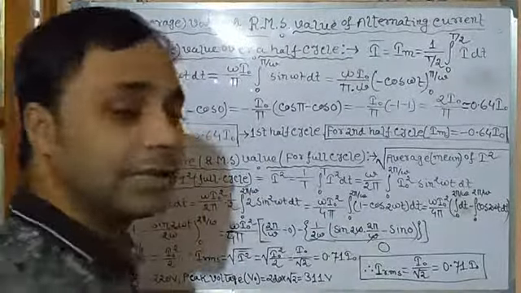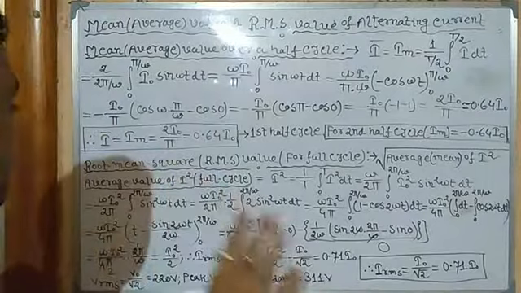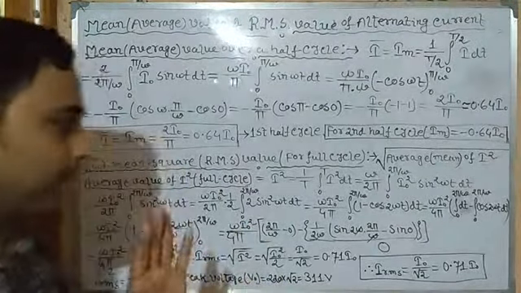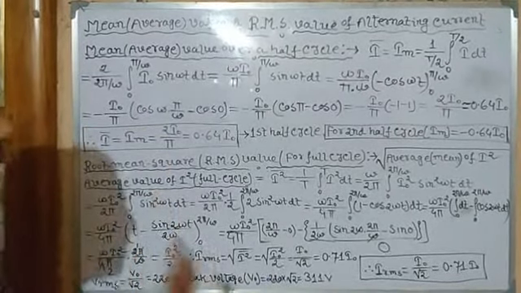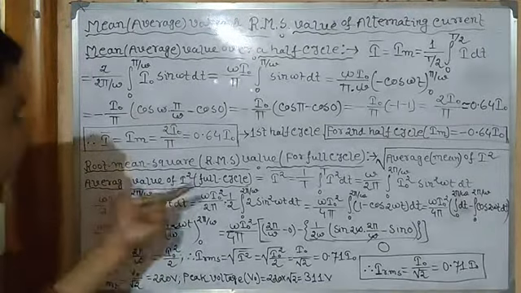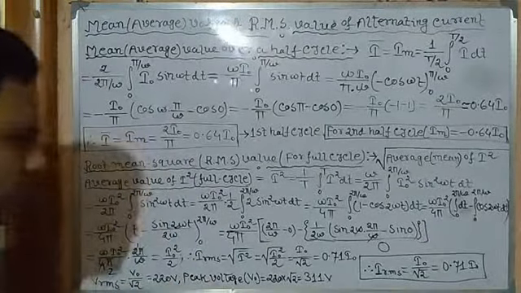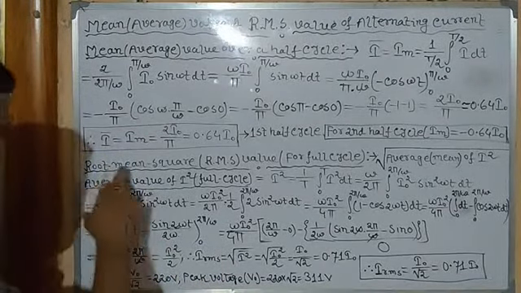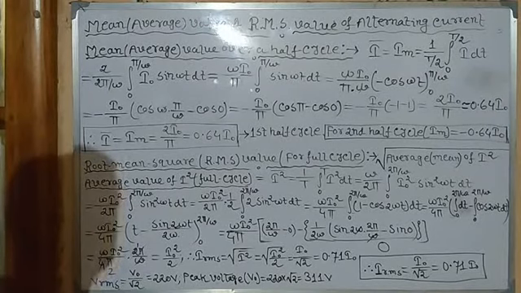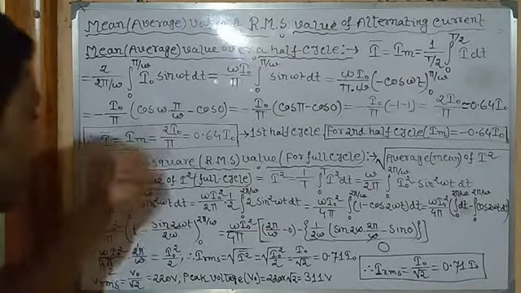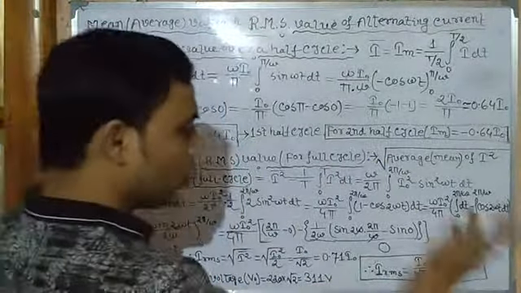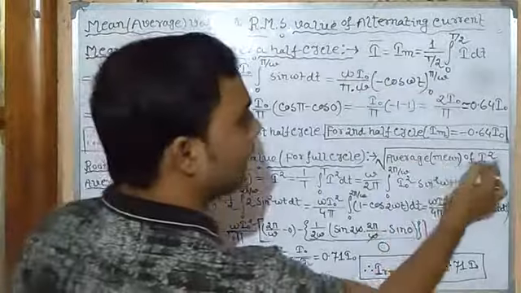Now for the full cycle. Since it is not the average value, this is the root mean square for the full cycle. Now what is its meaning? Very slowly, steadily, taking time, if you read one by one, it can be clearly understood. Though it looks very complicated through its big, lengthy name, root mean square. What is it? Think slowly. Root mean square means square root of the average, whose average? Of the square. Now you can see through the symbol: square root of the average or mean value of I square.